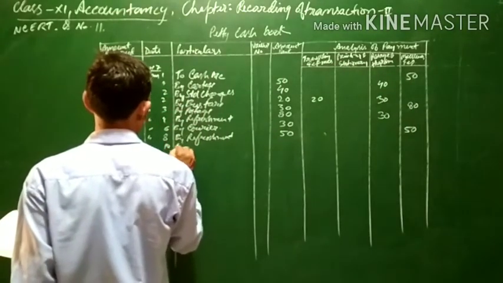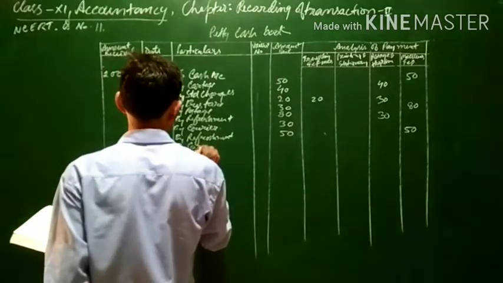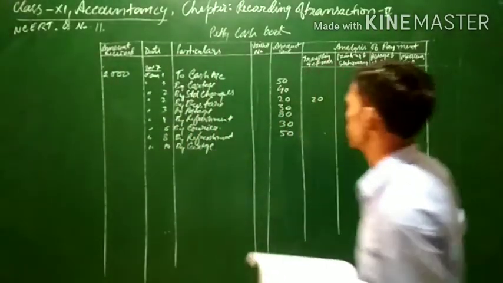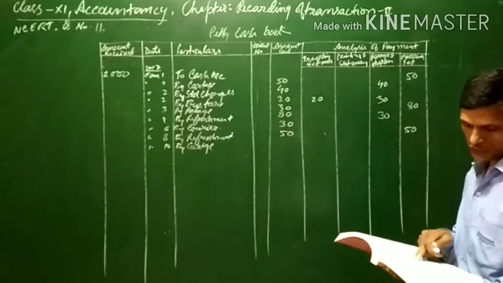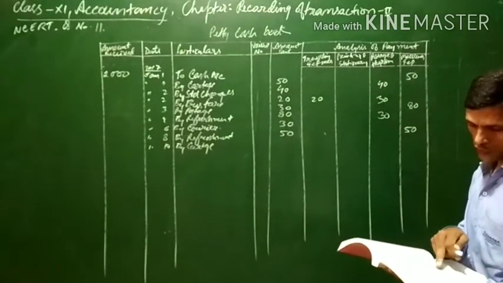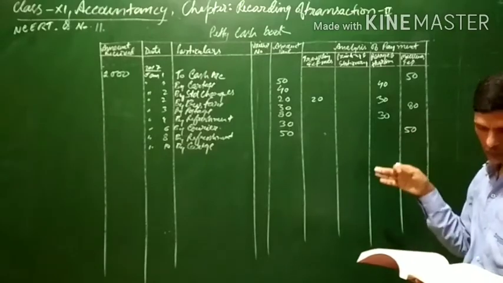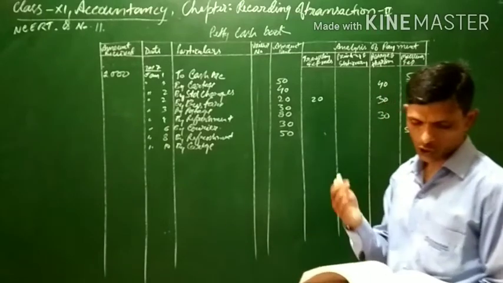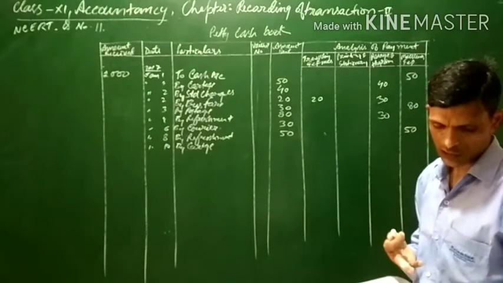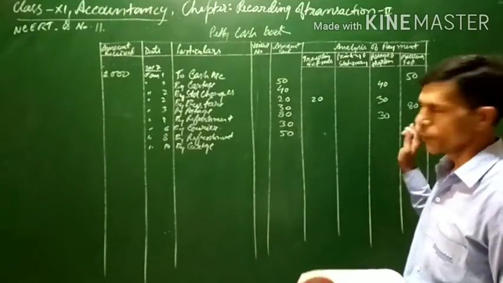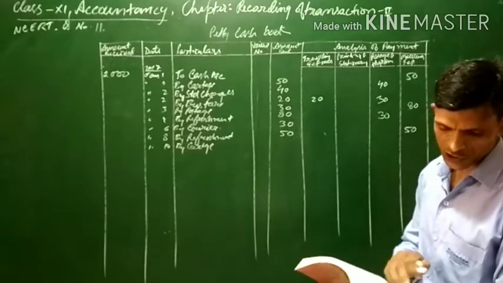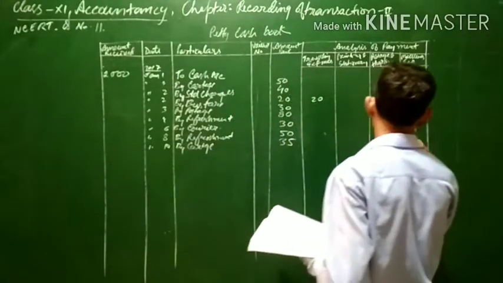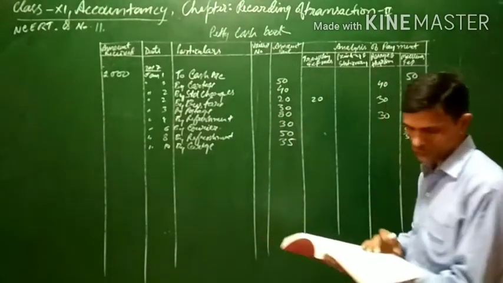Cartage on 10th, "By cartage." We earlier wrote cartage in the miscellaneous section, so here also the cartage will be written in the miscellaneous itself. Although we could prepare a separate cartage column, because 2 expenses related with cartage are there, since we have not prepared one, we will write this in the miscellaneous itself. The amount is 35 rupees, by cartage 35, and in the miscellaneous column also 35 rupees should be written.